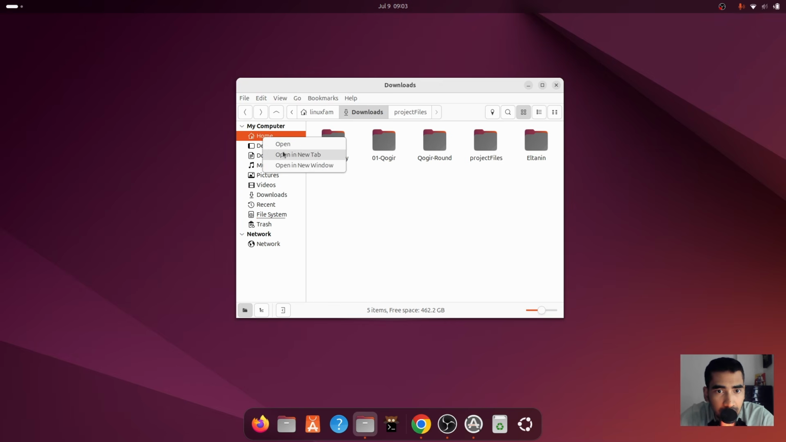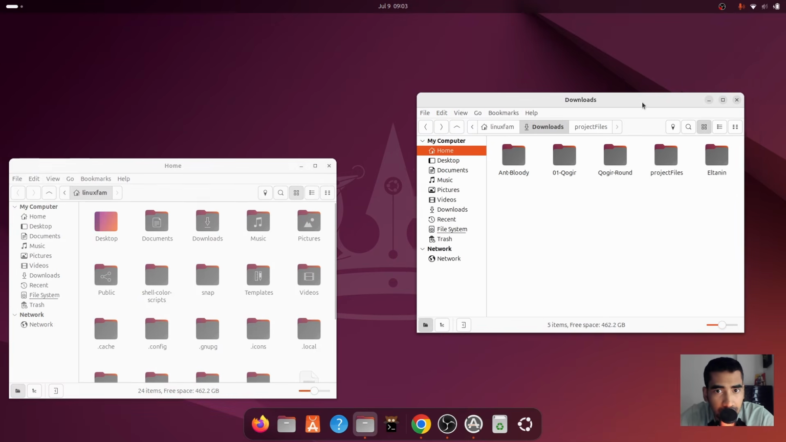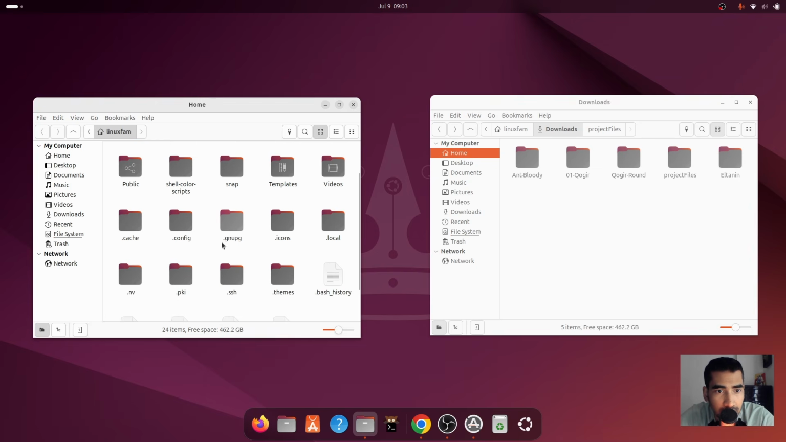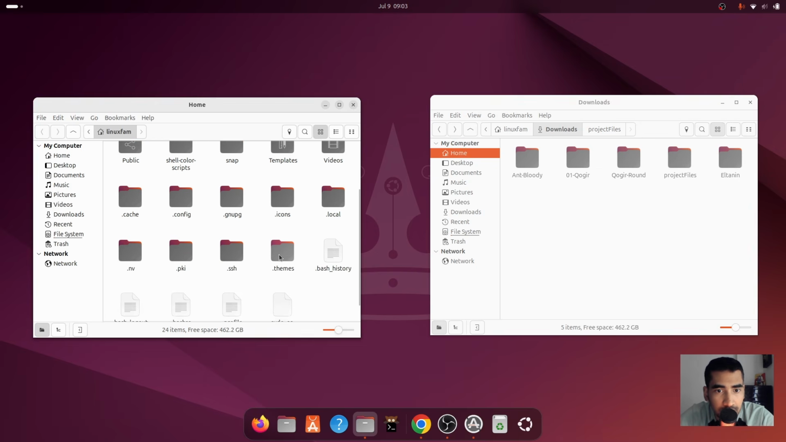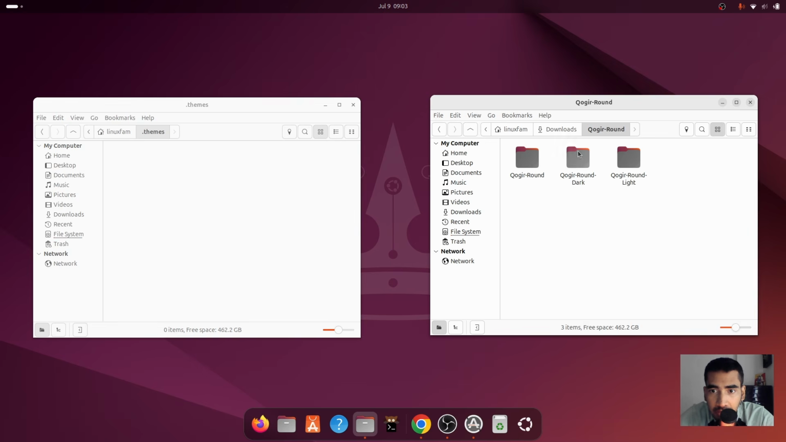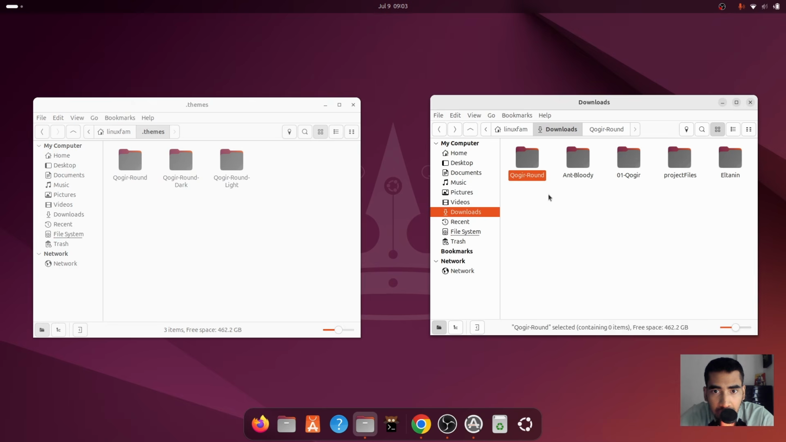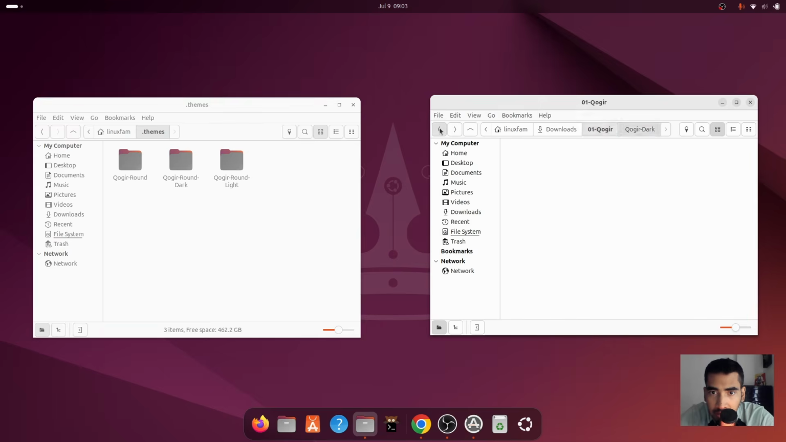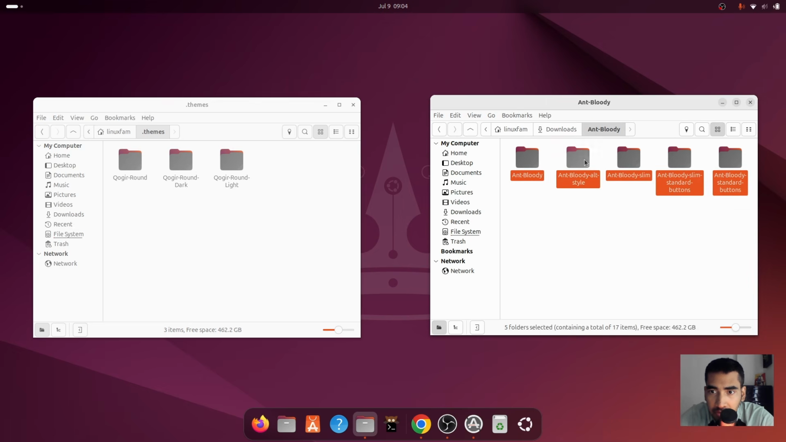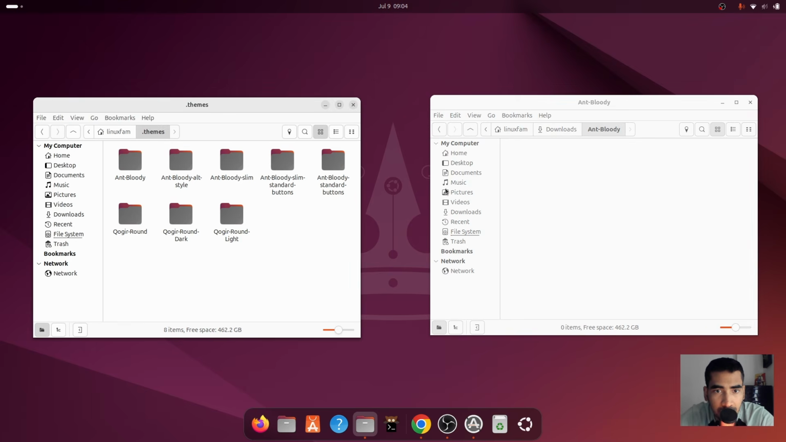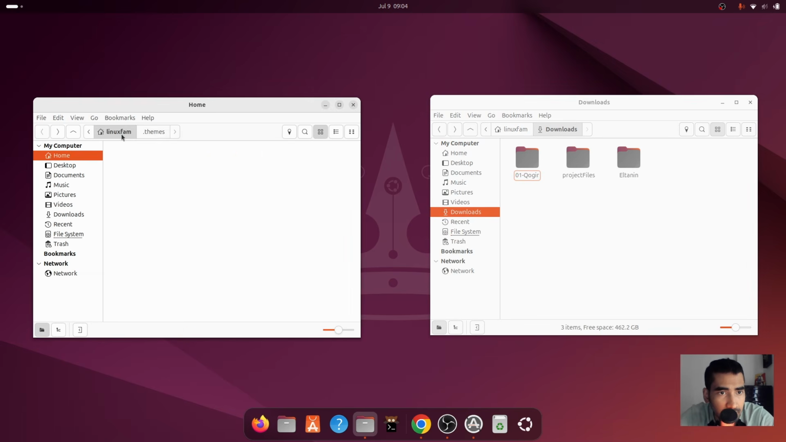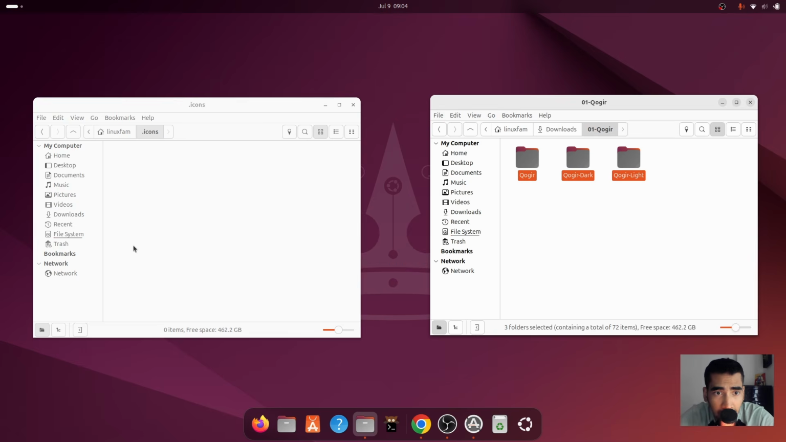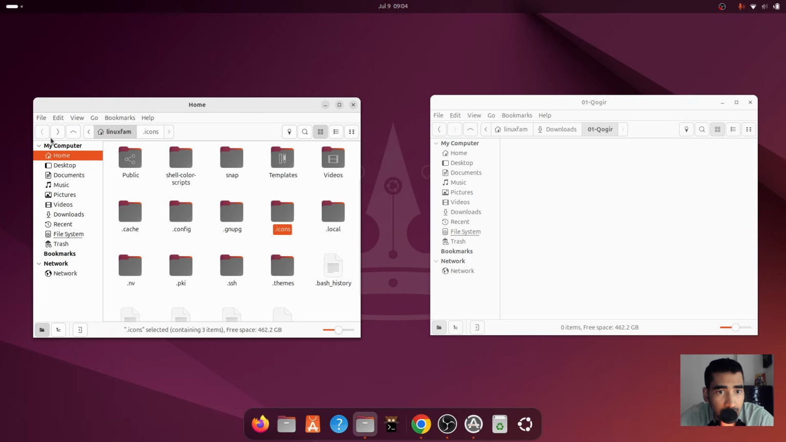Now let's go ahead and open a new window for the home directory, and then go to .themes, and here I will simply drag and drop all of this Kogi Round themes folder, and I can delete this one and this one, all of this, just drag and drop over here, and then go back and then go to .icons, and here drag and drop all of this Kogi icon pack,